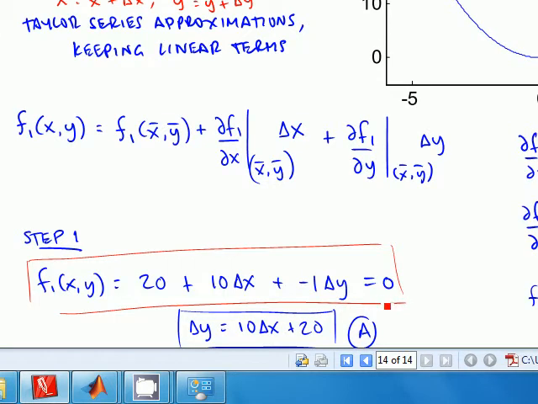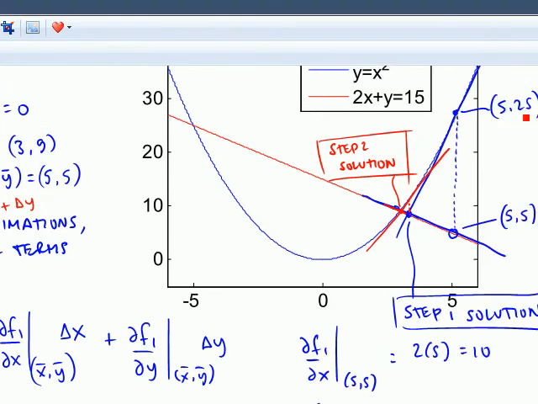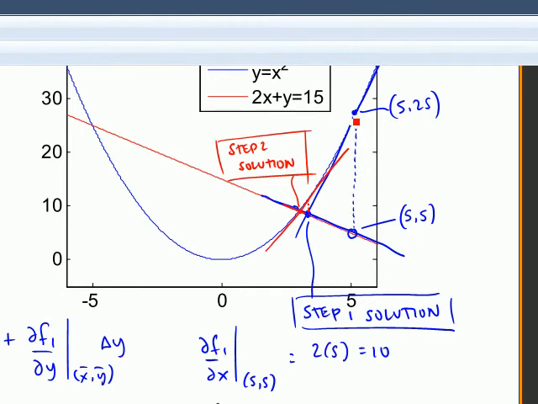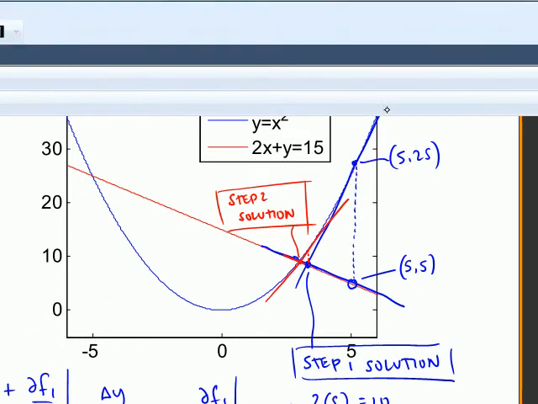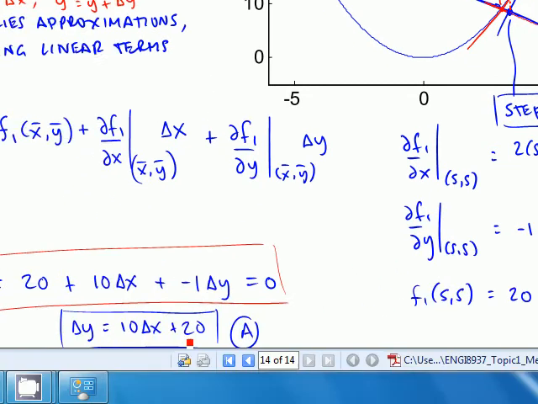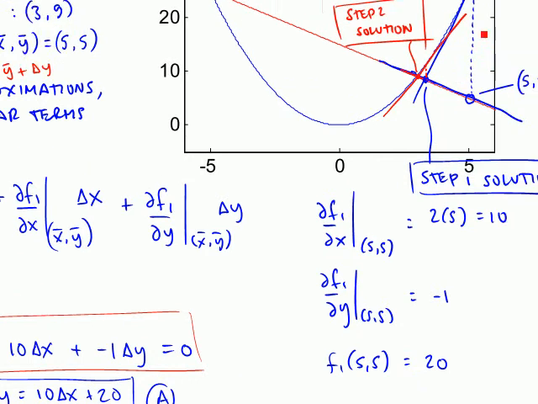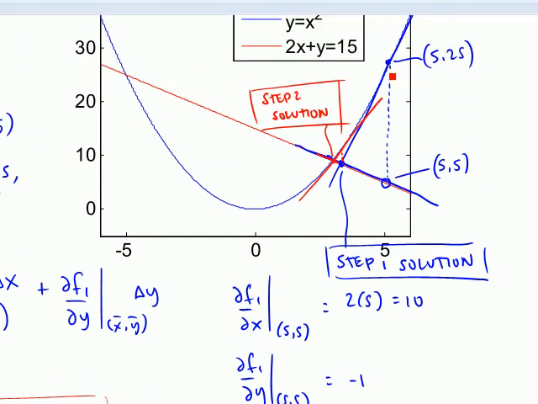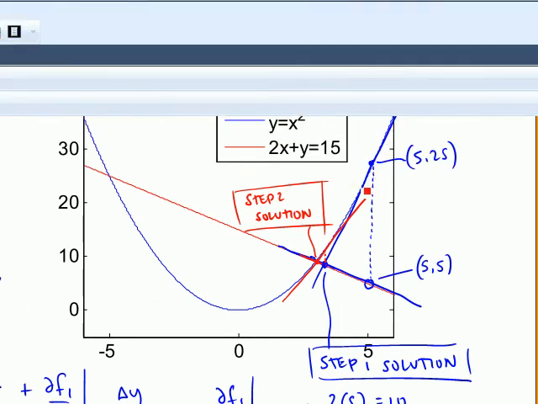20 plus 10 delta x minus delta y equals 0. So that's a line with a slope of 10 that passes through the blue curve at the point 5, 25. And the way I found this point at which I want to draw my line, I started at 5, 5, and I said if I just go straight up, in other words, if delta x is 0, then I'm going to get a delta y of 20. So I'll go up from my guess point by 20,